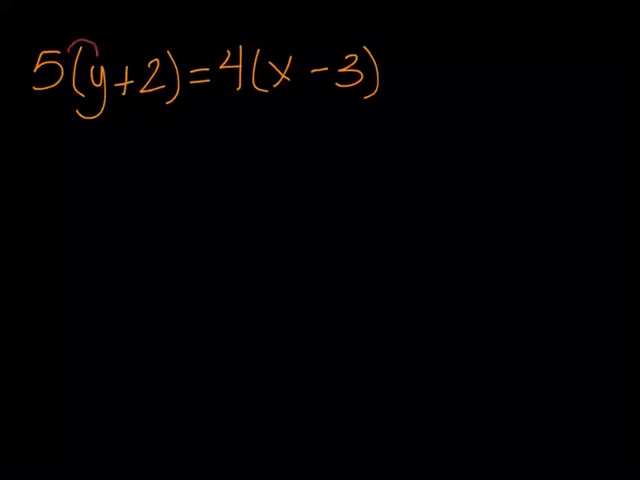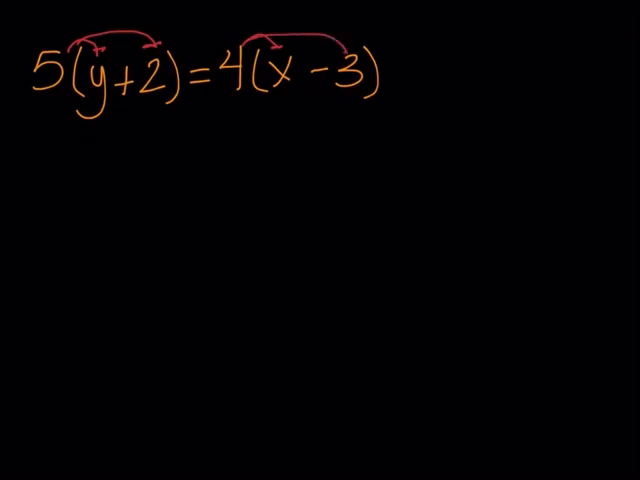Okay, so let's find the slope in this equation. Our first step is we have to distribute on both sides because we have parentheses. 5 times y is going to end up being 5y. And then 5 times 2 is going to end up being 10. We also have 4 times x, which is 4x, and then 4 times negative 3 is going to give us